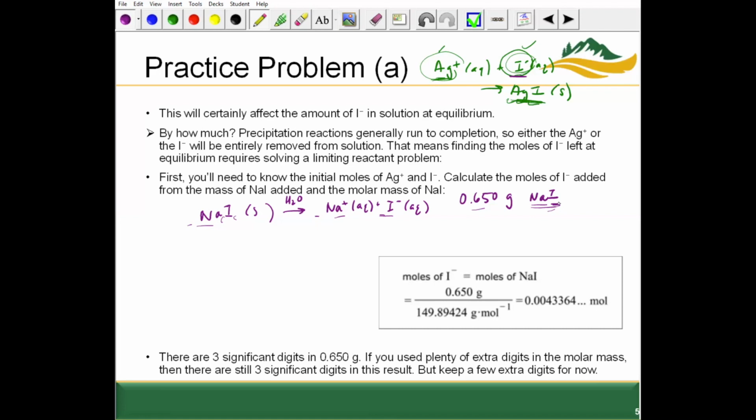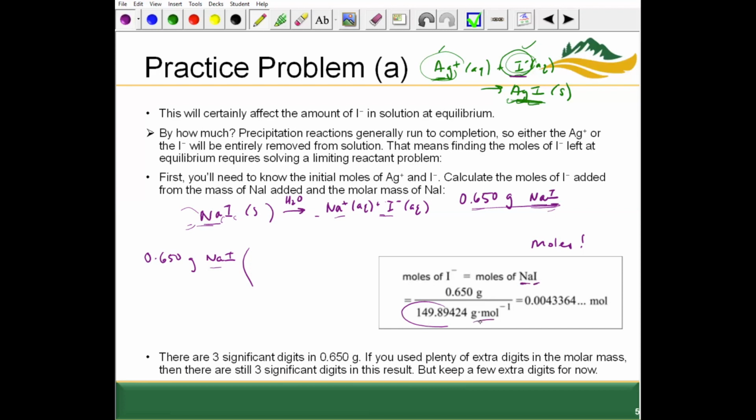So here we have grams of NaI, so 0.650 grams of NaI. We know we need to go into moles, right? But right now we're working in NaI. So we need to use the molar mass of sodium iodide to then get moles of sodium iodide. Then we can use this balanced chemical equation to connect moles of sodium iodide to moles of I minus. So now for the molar mass of sodium iodide, if we go to the periodic table, look up the mass of sodium and iodine, we add those together. This comes out to